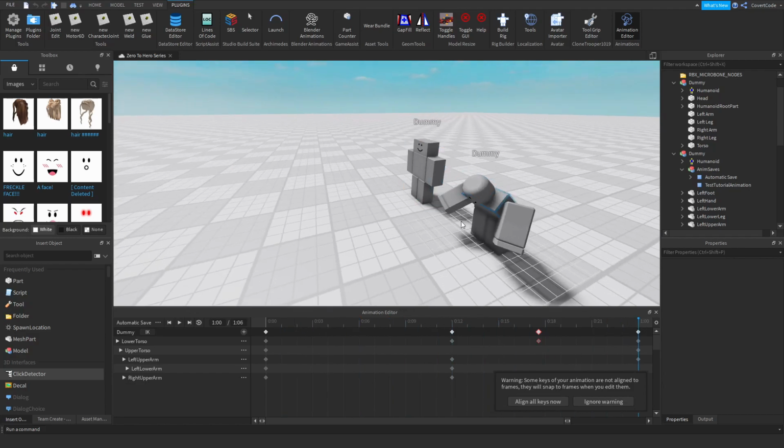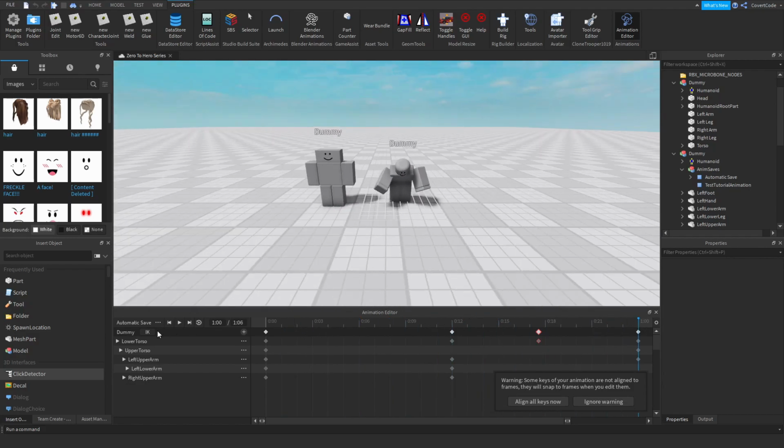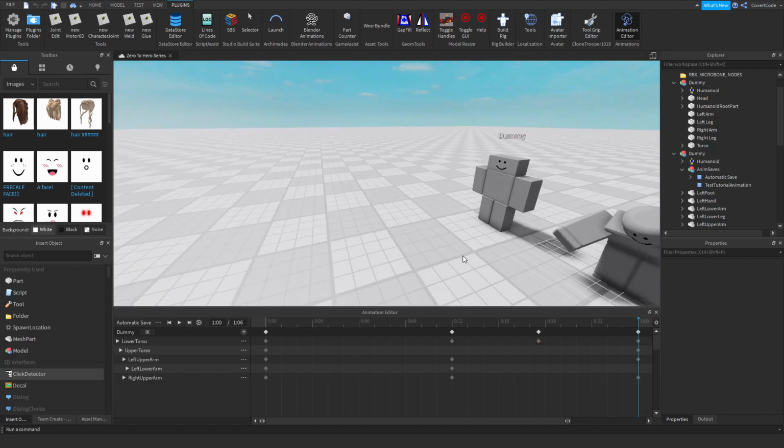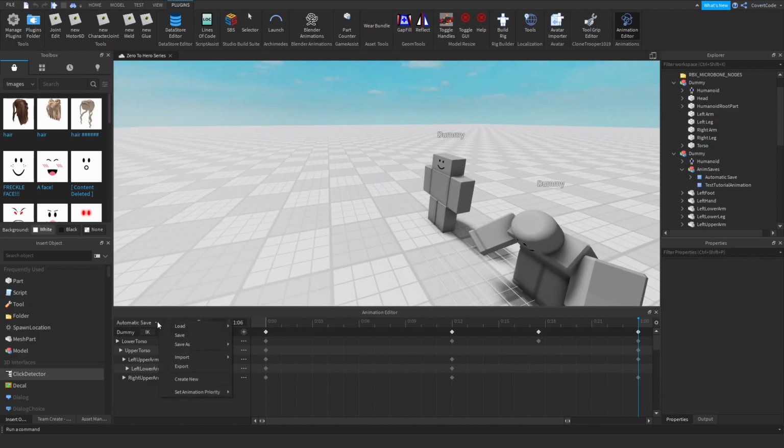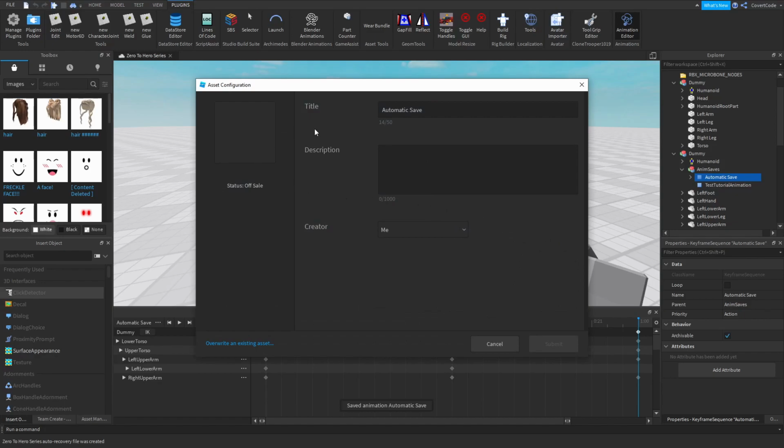So now we've got the animation done, okay? And I'm just going to ignore the warning for now. And I'm going to click these three dots, export like I said before, and I'm just going to change the creator here to my group, which is the CovertCode Flying Club. If you haven't joined, feel free to join. And I'm just going to call this